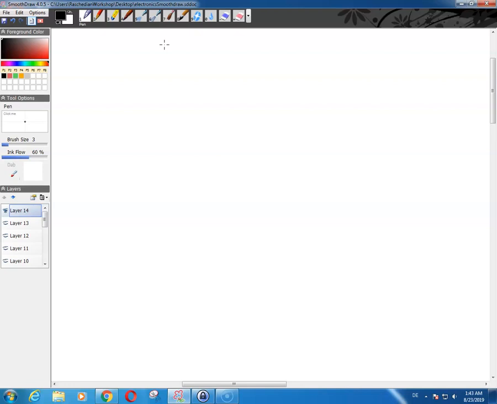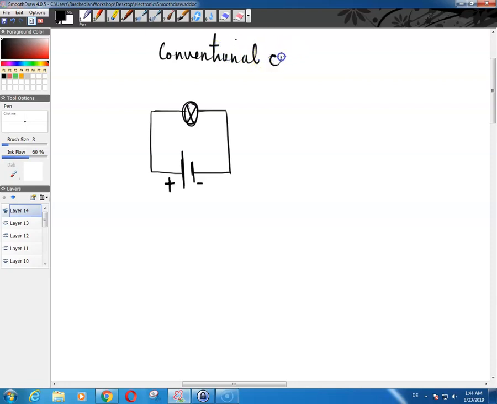If you have a simple circuit, for example, even a lamp, and that lamp is connected to some DC power supply, negative, positive, and we said that we follow the conventional current flow, then of course the current in a circuit goes from the positive pole of the battery back to the negative. We follow this convention. So this is going to be your